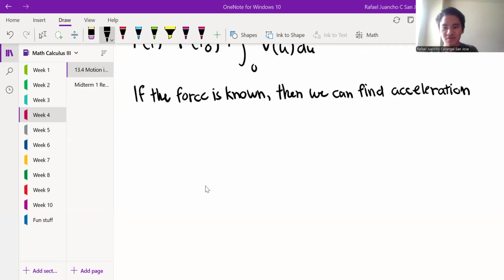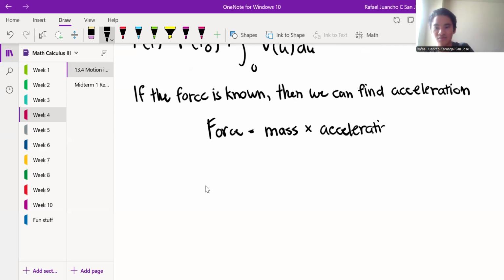The vector version of this law. So here we're now applying something from physics, because from high school physics, we can get our force, which is equal to mass times acceleration, right? That's a physics definition. Now, if we want to apply this in vector form, well, we can say that f of t